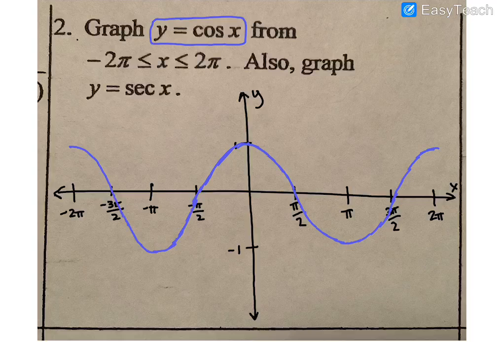Now, secant, if you recall, they purposely have put cosine and secant together because cosine and secant are the reciprocals of each other, just as sine and cosecant are reciprocals of each other. If you recall, when we have our reciprocals here, anytime there is a 0, it becomes a vertical asymptote. So, as we go to set this up, since cosine has a 0 at pi over 2, this will become a vertical asymptote,